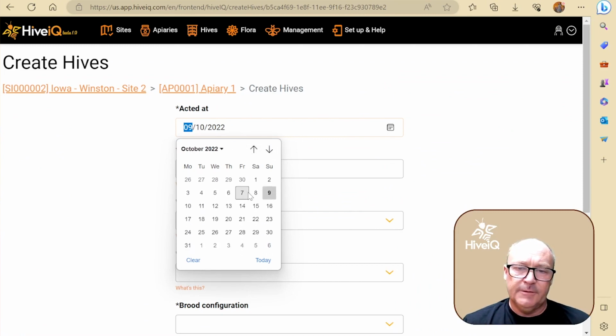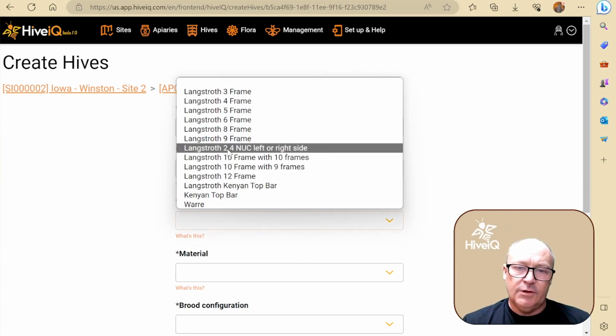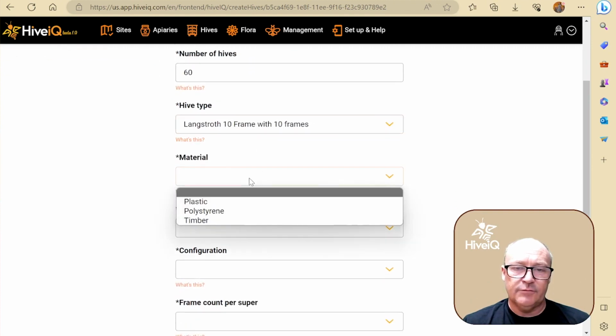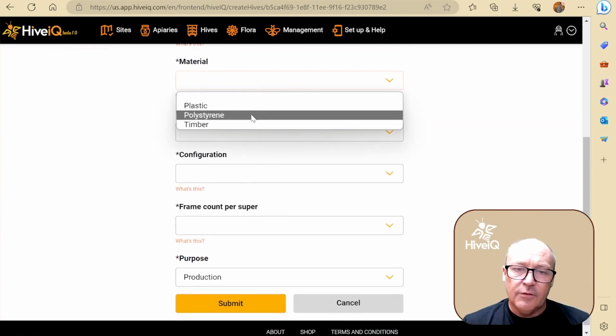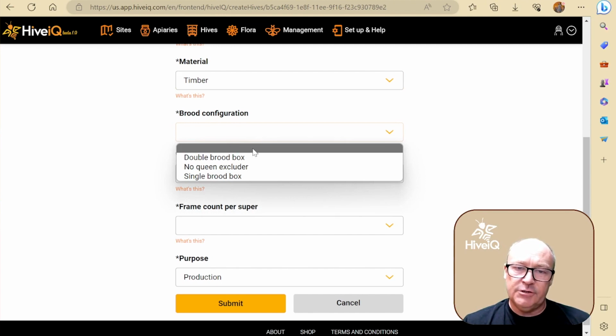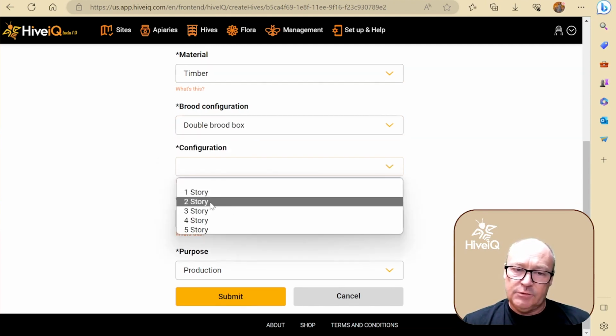I'm just going to go back in history because I want to build out some historical data effectively. So let's say Joey's got 60 hives here. They might be 10 frame Langstroth wooden hives. I call it timber, you call them wooden, but I can change the terminology here to suit the users, whatever you want. Brood configuration, he's running a double brood box, because that's what you do in the US,